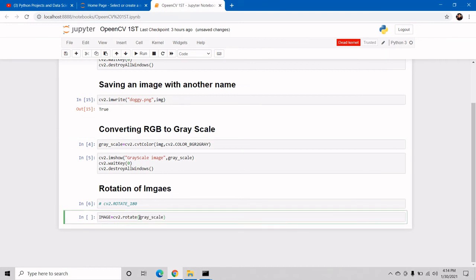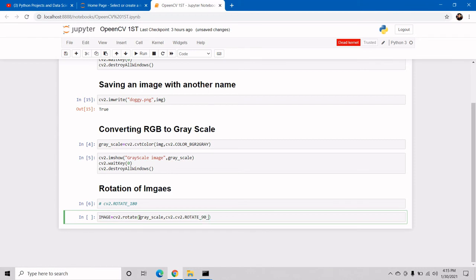So now we have to pass our function cv2.rotate, with cv2.ROTATE_90_CLOCKWISE.